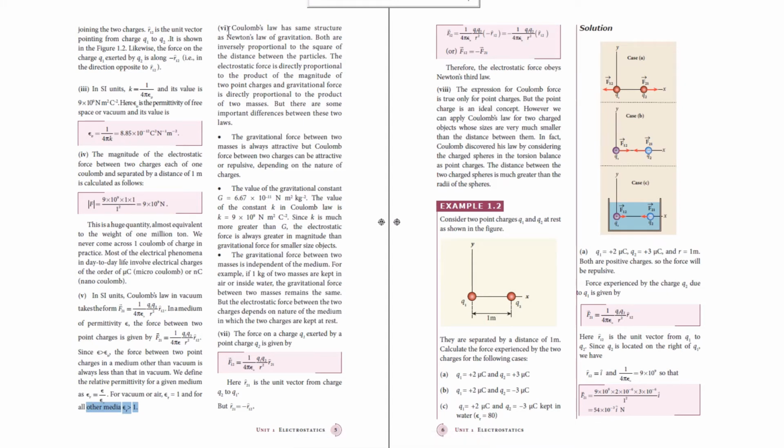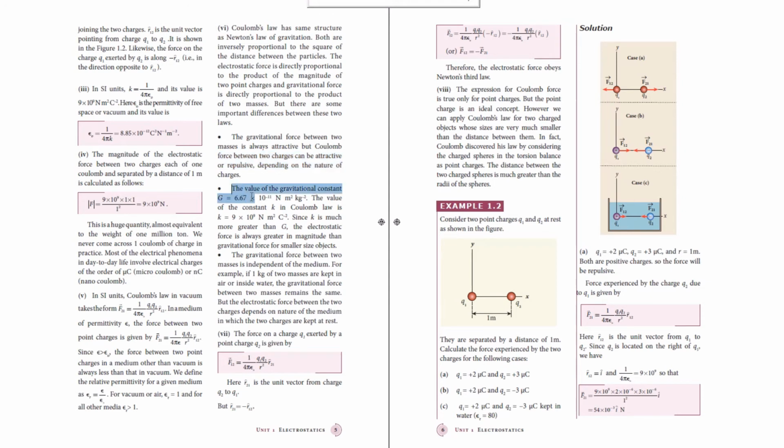And the sixth point, this Coulomb's law has also got the same structure as Newton's law of gravitation. Here they have just explained the formula, that is, it is directly proportional to the product of the charges and inversely proportional to the square of the distance between them. And the next point, the gravitational force between two masses is always attractive. So when you talk about gravitational force between any two objects of masses, it is always said to be attractive. But in case of Coulomb force, that is the force between the charges, it can either be attractive or repulsive, but that completely depends on the nature of charges.